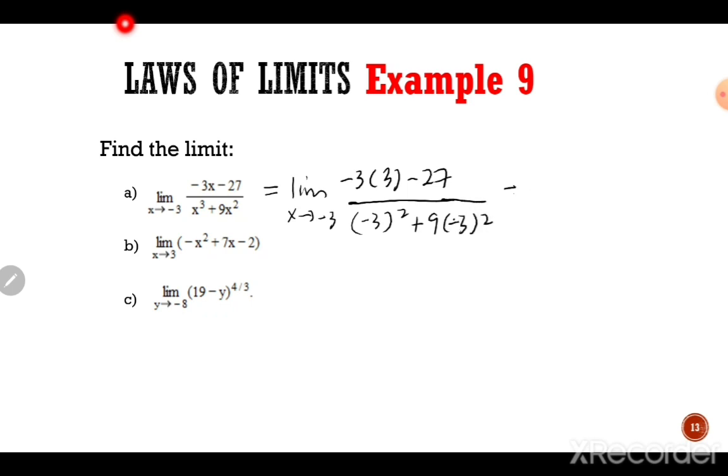So what will we get? -3 darab -3 kat sini. So we get positif. Careful positif 9 tolak 27 bahagi dengan this one is -3 square. So we get 9 tambah dengan